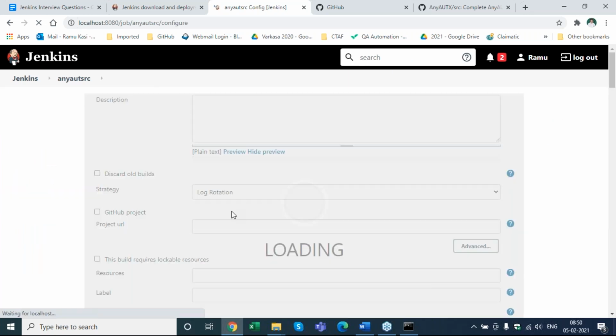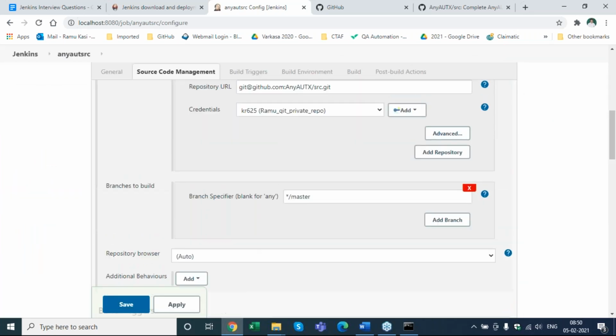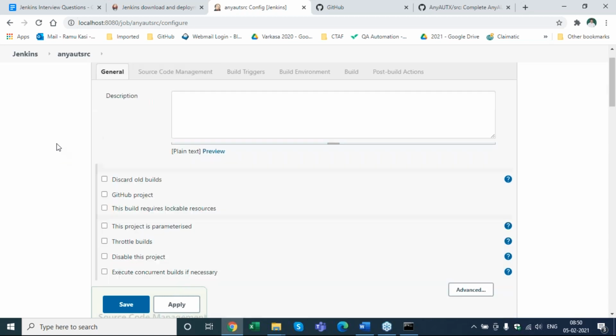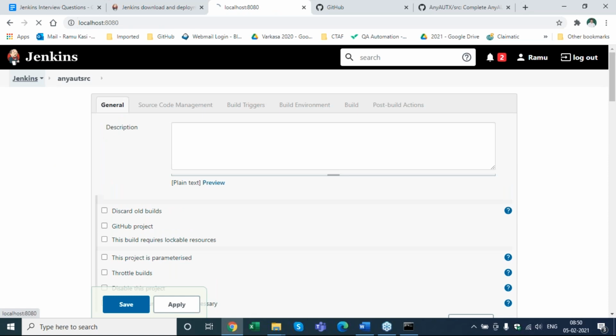I think last time we put .git at the end. Okay, maybe this is the URL. Let's copy this, and it's saying Ramu Git private repo. Let's use that. It's the same credential, just the name is different, but the credentials are same.